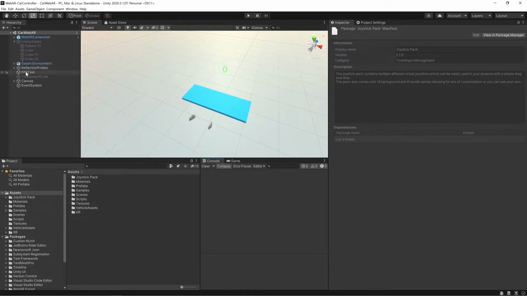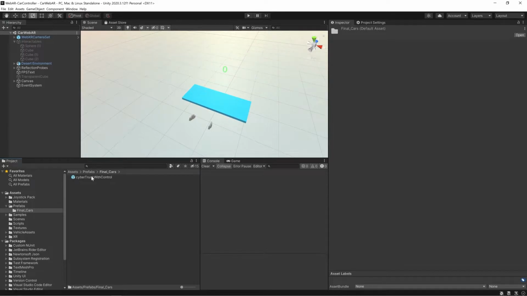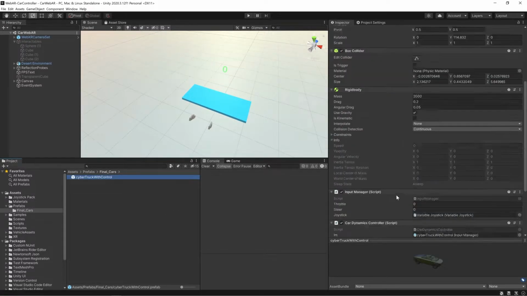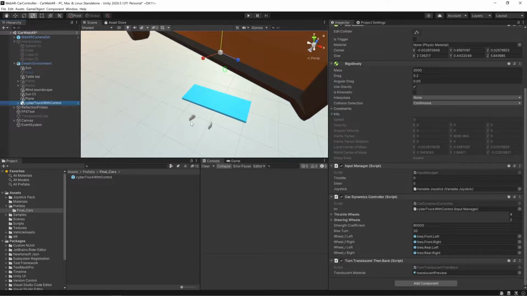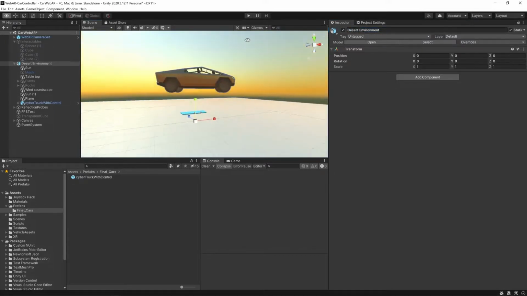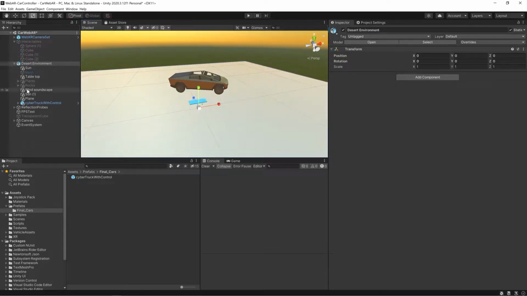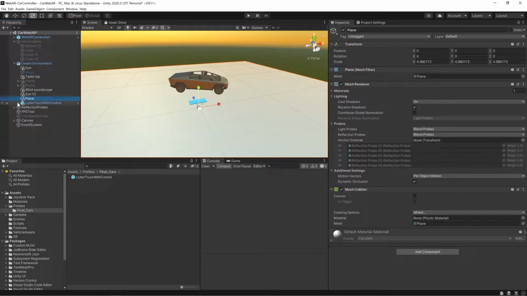Now we are not getting any issues, right? So now we just have to drag and drop the car from the prefabs folder. So, final cars. This is the Cybertruck which we have to drag and drop inside the desert environment. So I've done that, right? It has so many components inside the Cybertruck, so I'll go in depth in some other tutorial, but right now we are just going to concentrate on WebXR, right? So yeah, everything is good.